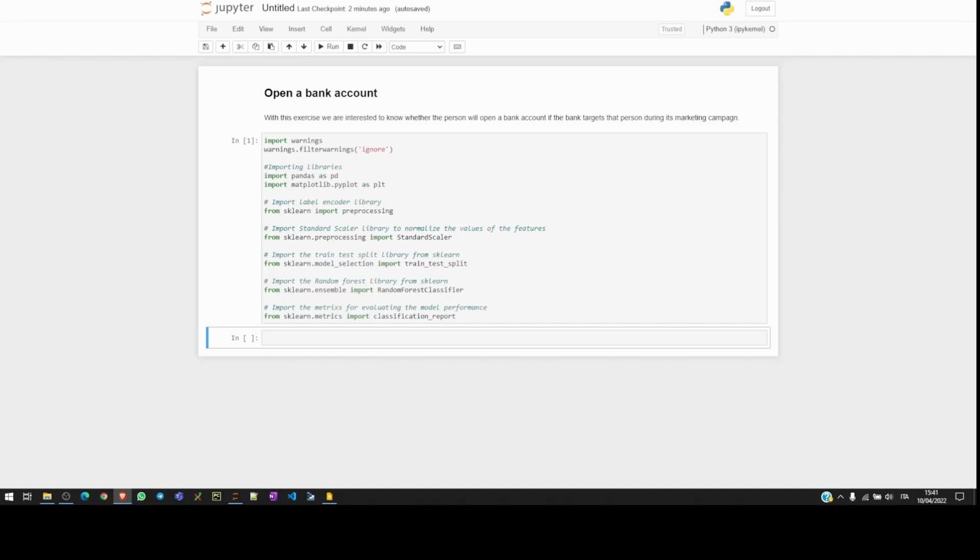Today we're going to understand how to implement the Random Forest Classifier machine learning model on a real-world dataset, where we are interested to predict whether a person will open a bank account if the bank targets that person during its marketing campaign. As you can see, I have imported some of the necessary frameworks that are gonna be useful for our exercise, and I have also imported the model that I'm gonna use for the video from